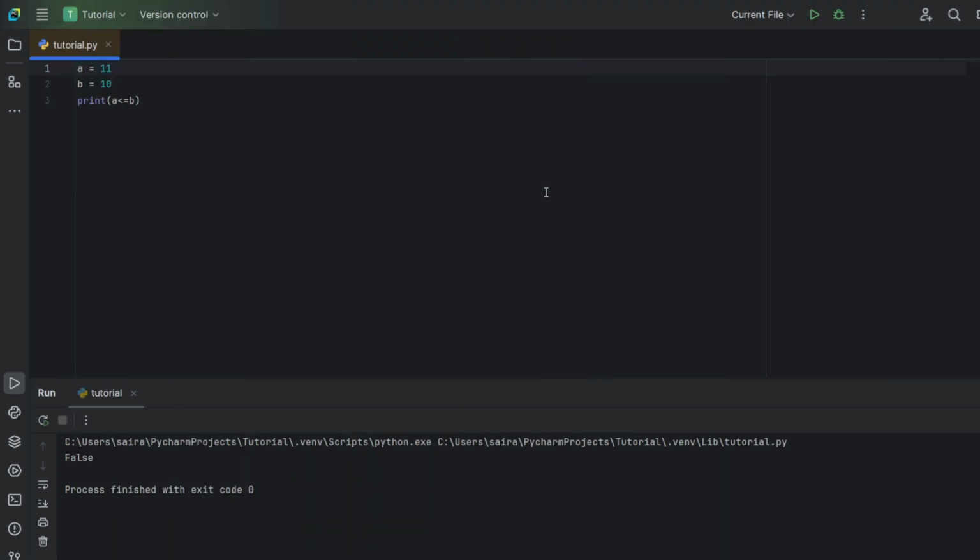Now, what do we do with the answer which the computer gives us? Well, there are two possibilities. You can store it in a variable, such as over here, I can change it to C is equal to A greater than or equal to B. And if I print C and run it, it comes as false.